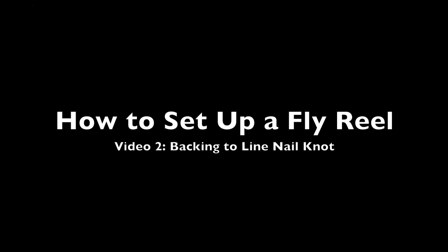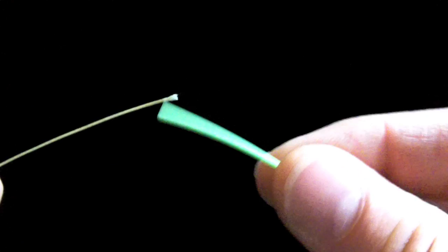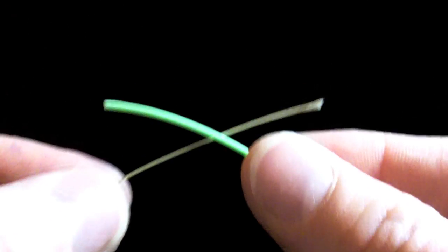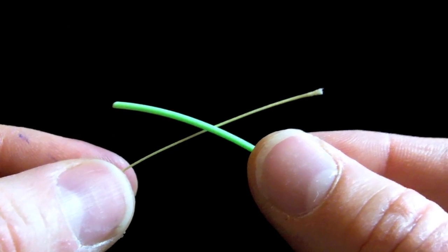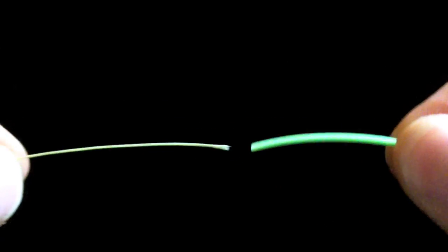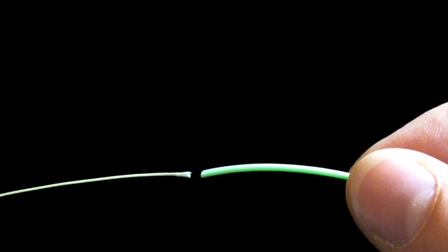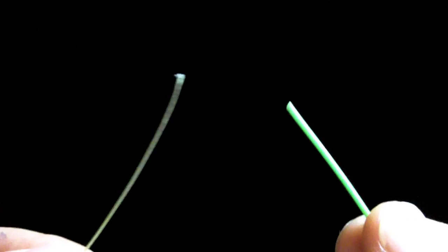This next knot is the one that many people consider to be the hardest, and basically you're going to take your backing here, which is pretty small, and you're going to connect it to your fly line, which is relatively large. This is probably about 5-weight fly line. Now if you just made an overhand knot, it wouldn't do you any good because you'd end up with a really large knot that wouldn't want to slide through the guides and would be problematic. You need to make one that's going to be smooth, and the best way to do that is to create